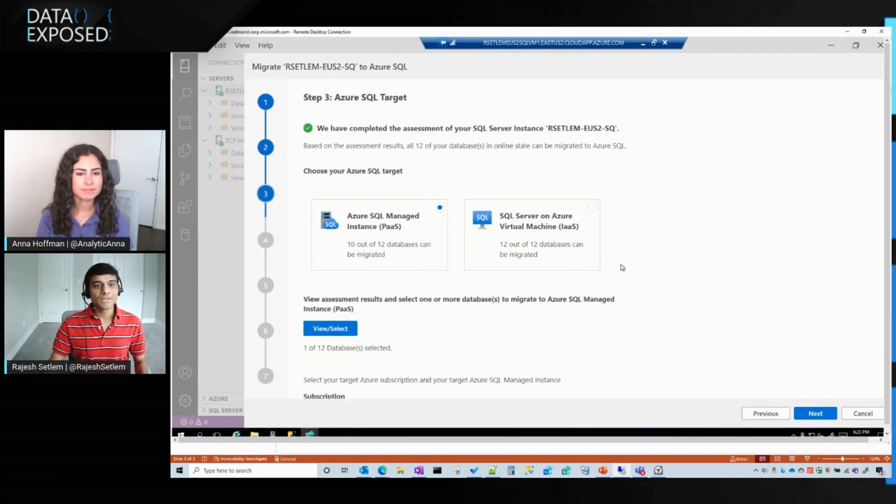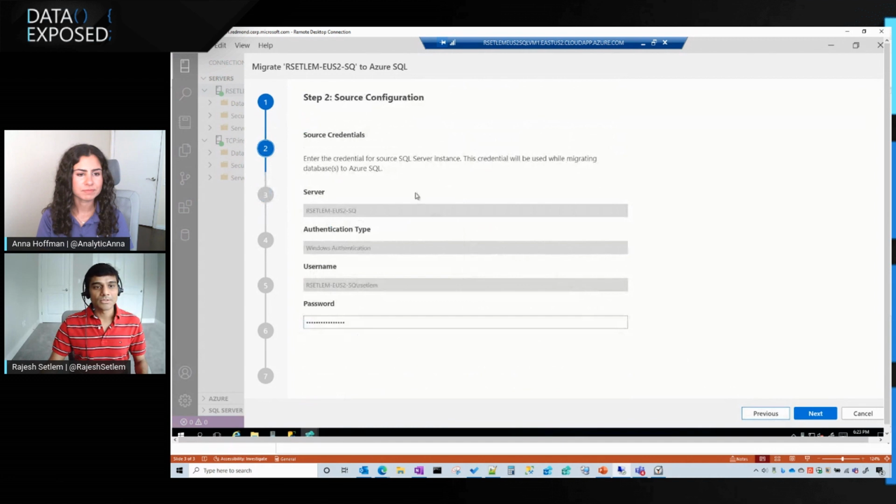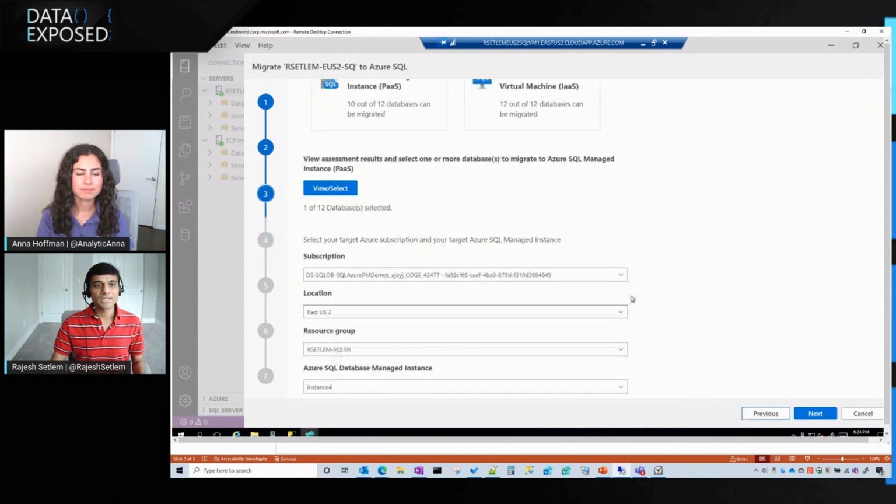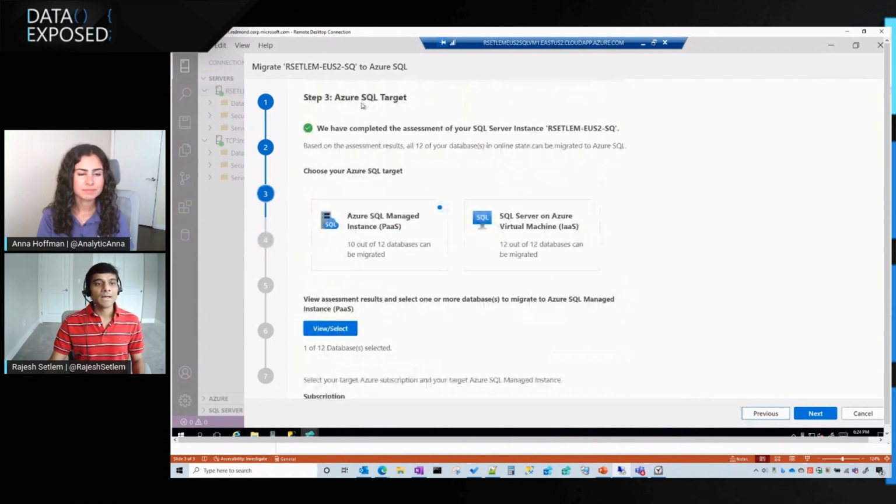Once the first step is done, the next step, I think, quickly passed, we get some source configuration. In this case, all that we are asking for is the authentication type that you have used and the source SQL Server instance that you have used, and to enter the creds. Some of these user creds will be used as part of the migration process because we need to connect to your source in order to validate those backup files. And that's pretty much why we need the source connection. So once the source connection is done, the next step is the assessment. What happened from step 2 and step 3 behind the scenes was we ran an implicit assessment.